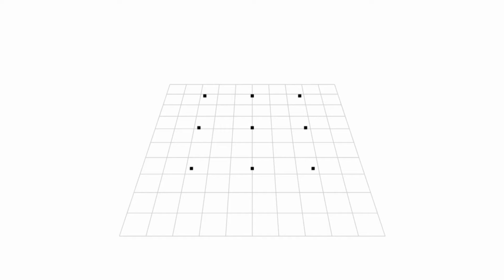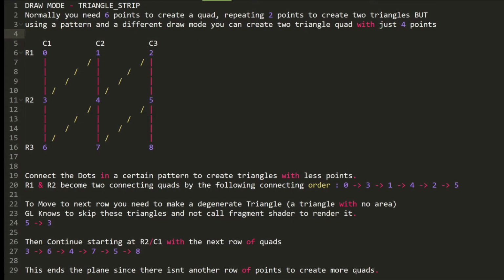And there's the points being drawn. And that's the starting of creating a plane. We got our grid of points that we use. And with that, we use a new drawing mode called TriangleStrips. TriangleStrips allows us to order the vertices in a certain way that allows us to create a bunch of triangles